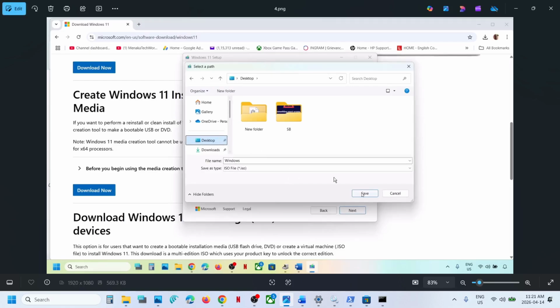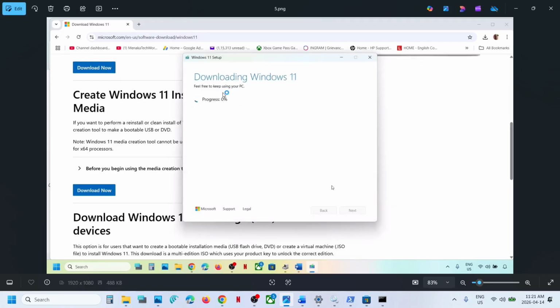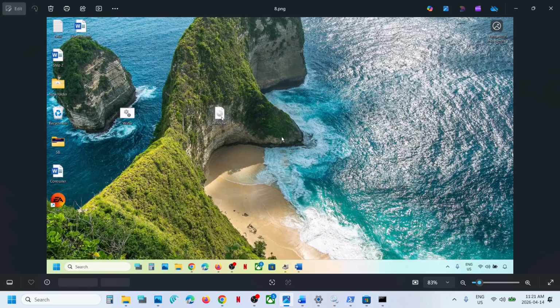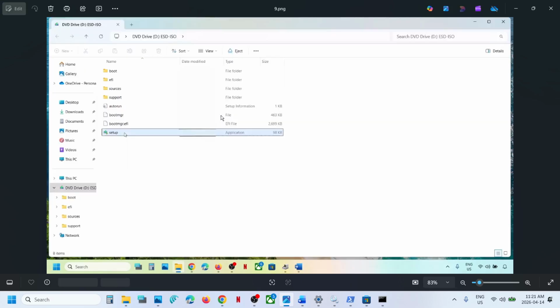You can save it to desktop. Click on save. Let the download complete. This process will take some time. Once done, click on finish. Let this close automatically. Go to desktop, make a double click on Windows ISO file, make a double click on